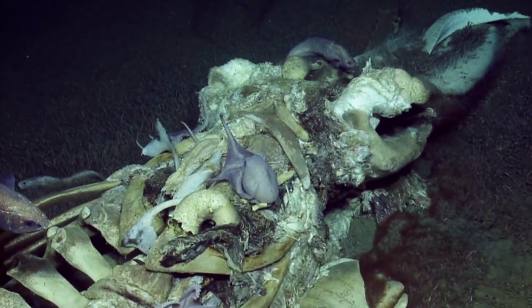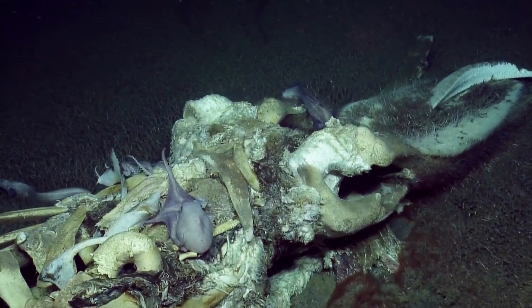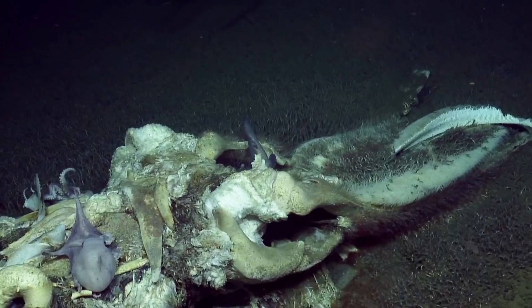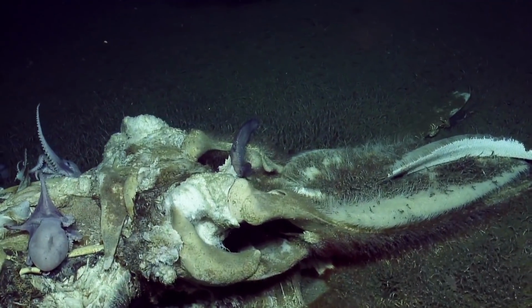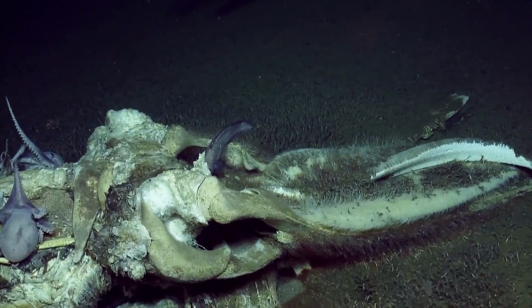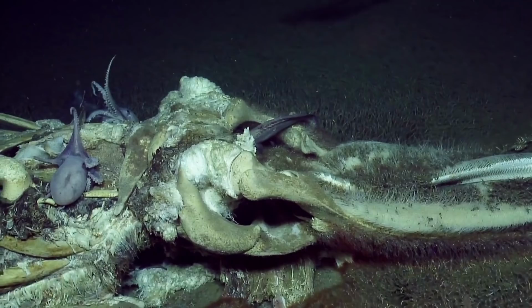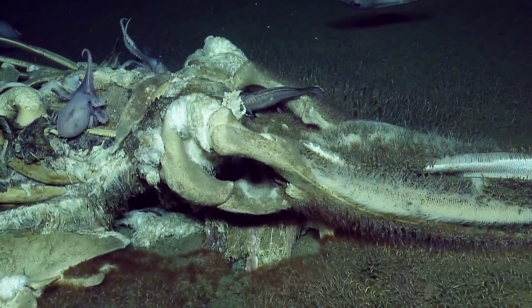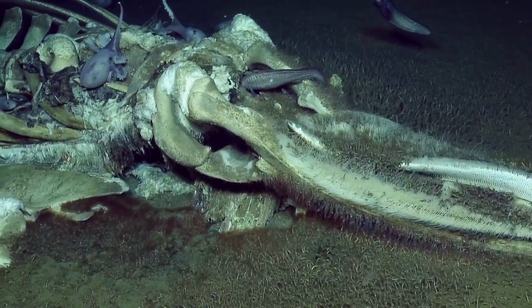Right, and if you've ever gone to a display of a blue whale heart, children can go through the chambers of a blue whale heart. Yeah, right. The size of a small car. It's really magnificent, the size of these animals. So this is a relatively small whale. Yes. Is it possible that it's just a young whale? Yes. Well,